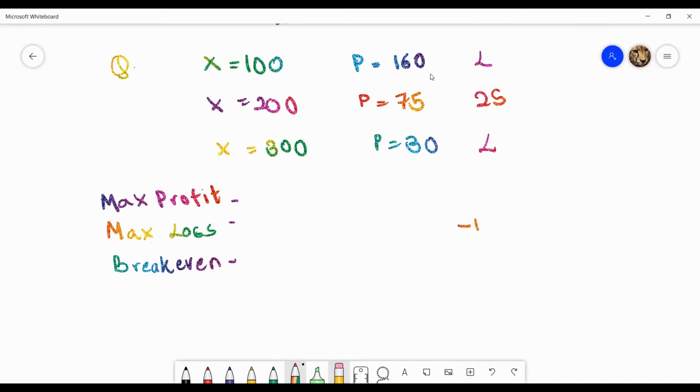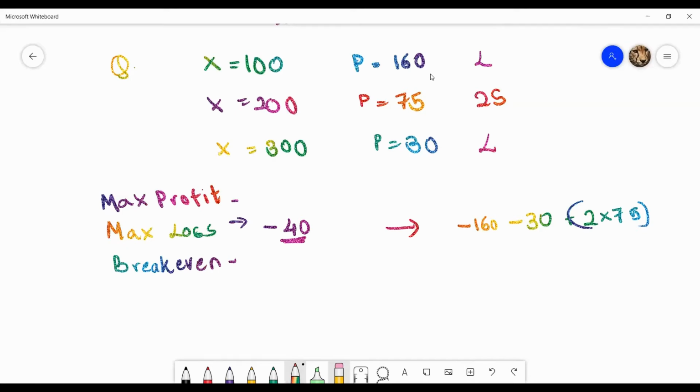So 160 is negative for us, and we are also paying 30. That is why it's minus 30 and minus 160. But we are receiving 75 two times because we are in a short position. So plus 2 into 75. Okay. And this amounts to minus 40, which is directly our loss. Maximum loss is minus 40. That is how you calculate the maximum loss.